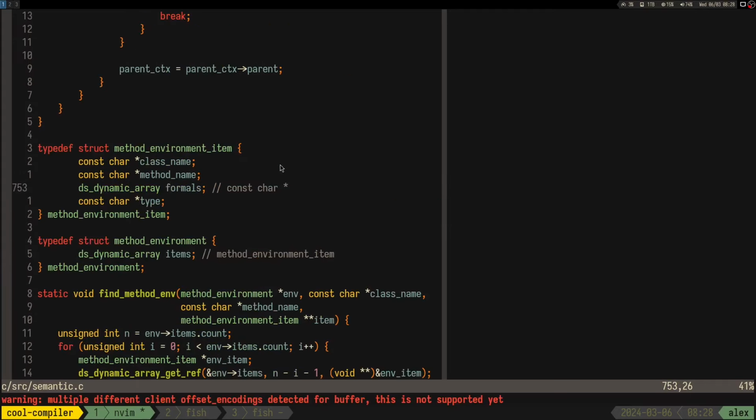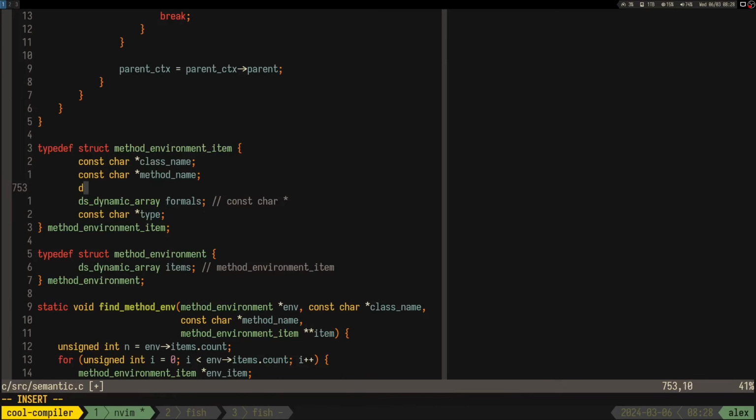I mean, it's a pretty easy fix. We could keep the names separate inside of the method environment. Is that a good idea? I mean, we don't really need them,